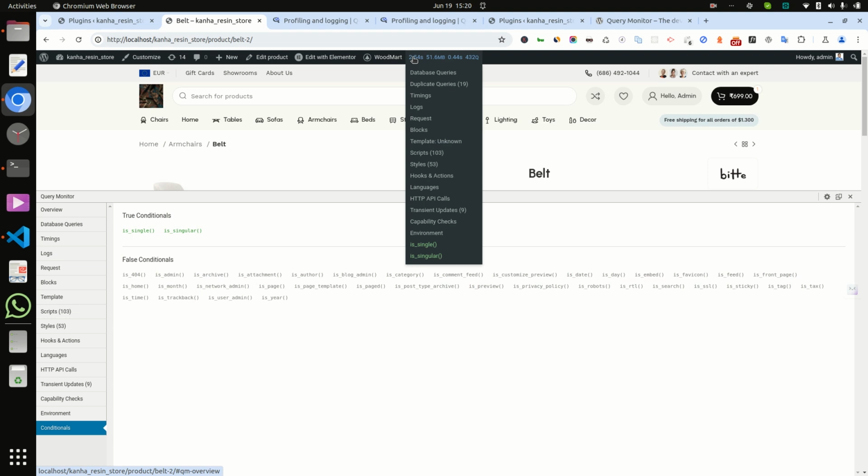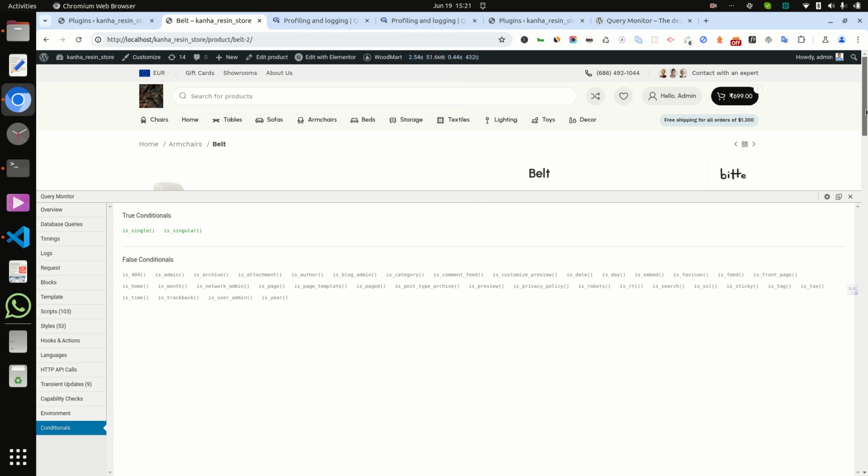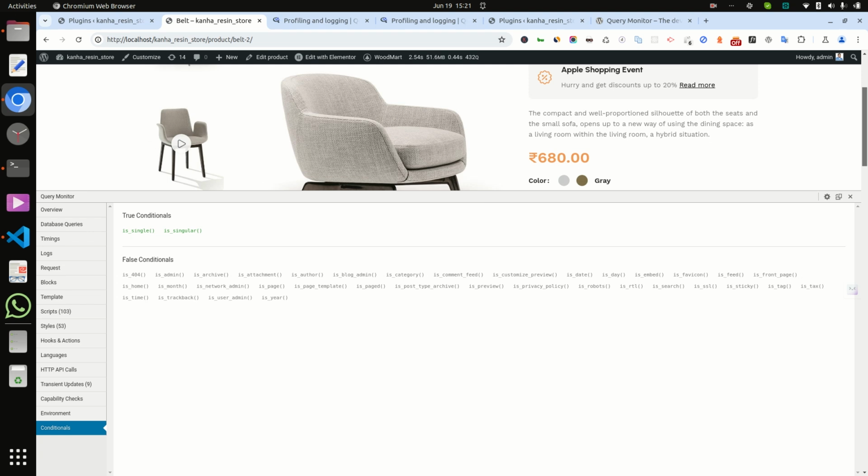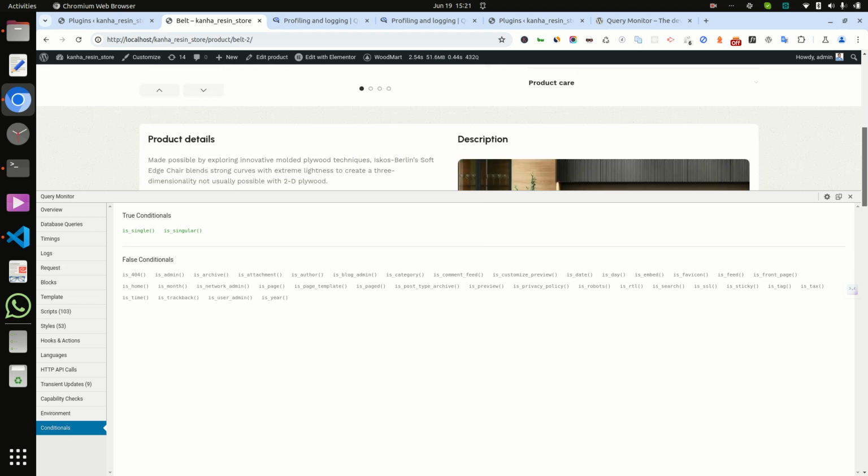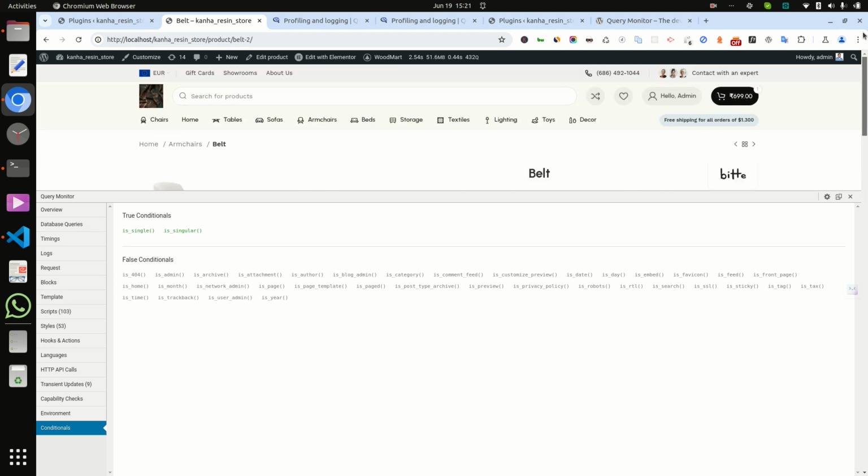So it is a very bad, very huge time. So we have to optimize this page for image problems, object cache problems, or other problems. So it will give a proper path for debugging, how we can optimize this page. So I think for today this is a very good approach, and please use the Query Monitor plugin.